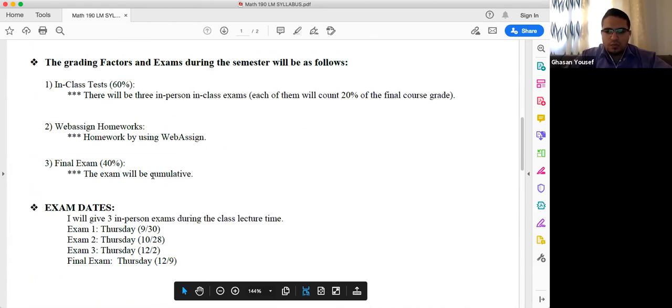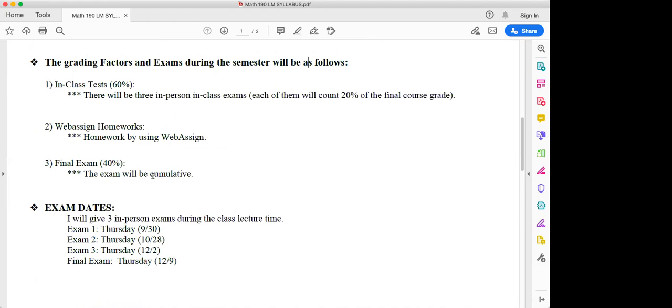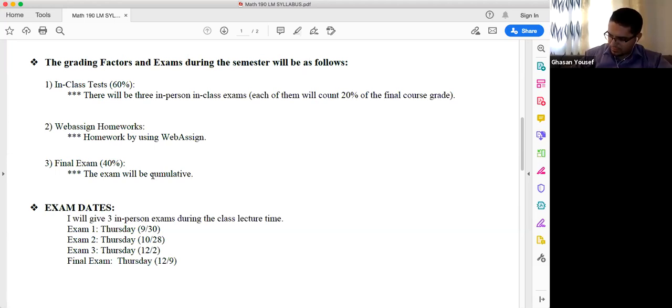WebAssign is a website for homeworks. After each section I finish during the class, I'm going to post the homework for that section. So you just have to open WebAssign and start solving the homeworks. The homework is not hard, and it is clear from what I said in the lecture. The questions you solve in WebAssign are close to the first, second and third exams,